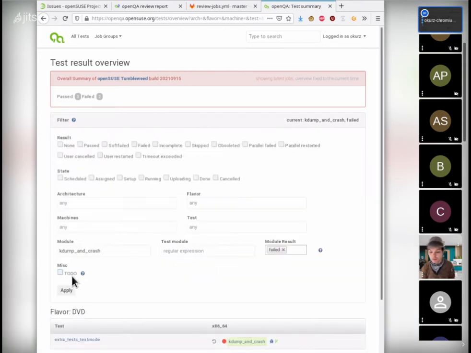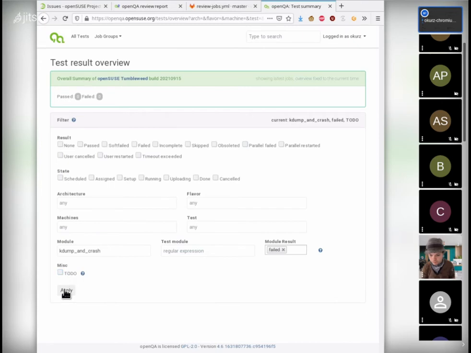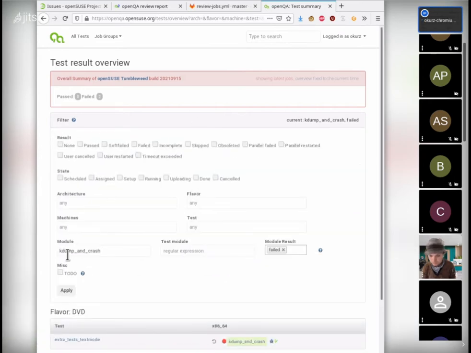And yes, there's also the to-do checkbox, so we could combine it and say, show me all where kdump and crash fails, and we actually still need to review. And there are none, meaning that, okay, it does fail, but in both cases, you see we have a bug link here. And now the next box, and this is where we can put any regular expression, like